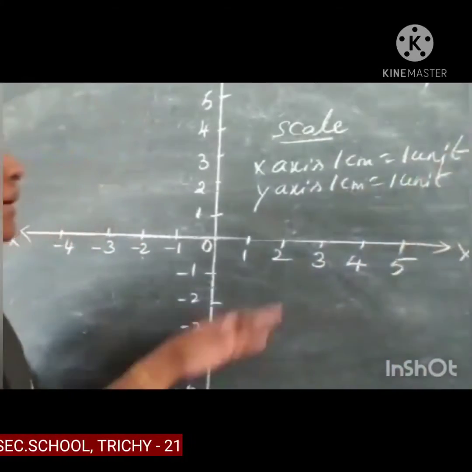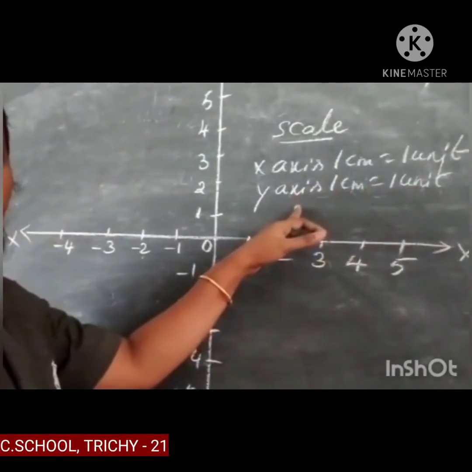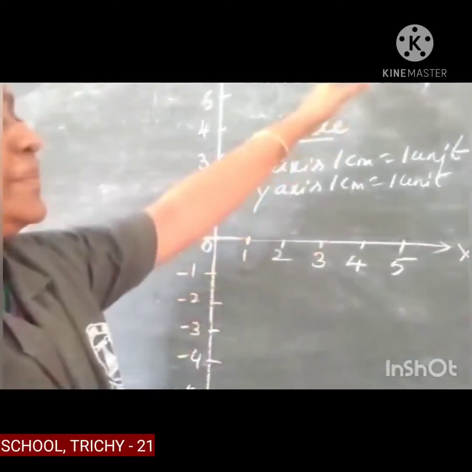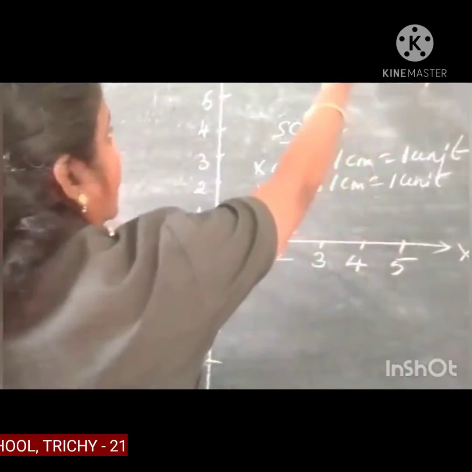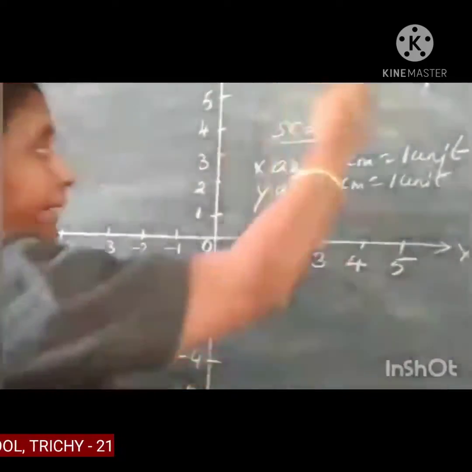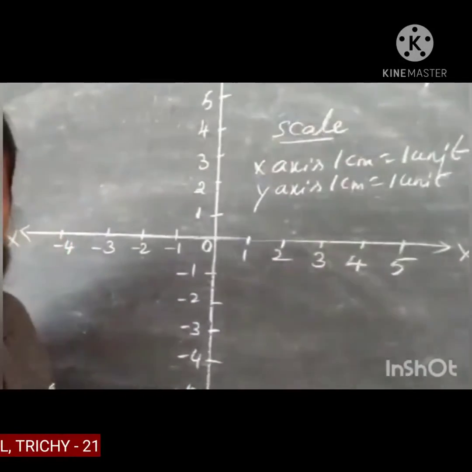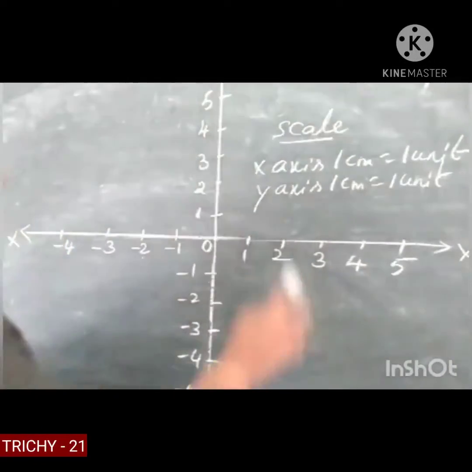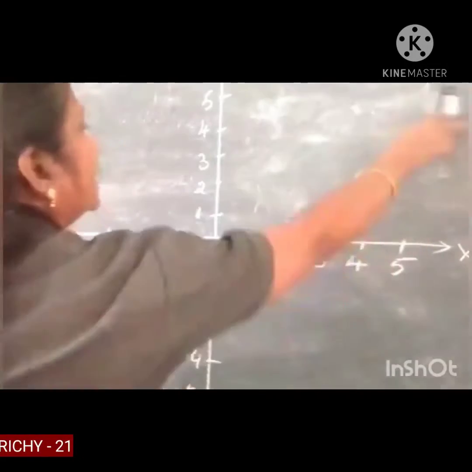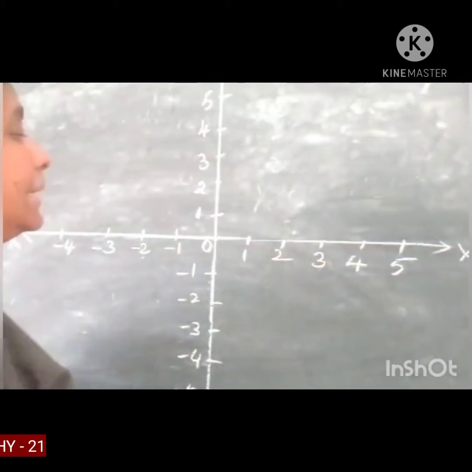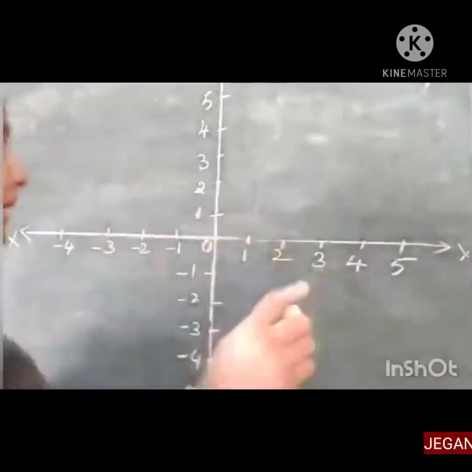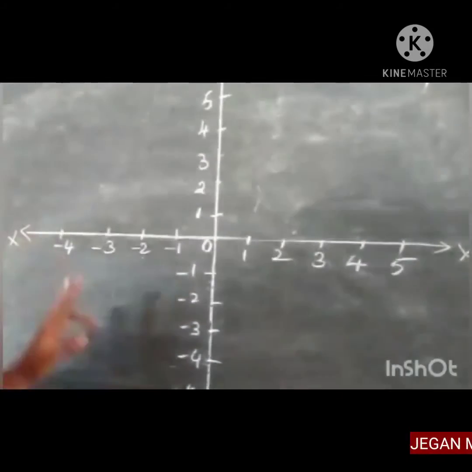This is very important: you have to write the scale on the top, on the right side. Listen, on the right side on the top only you have to write the scale. After that only you can start to mark the given numbers. Now let us see the first one. You can give the points names also. Point A is (2, 3).